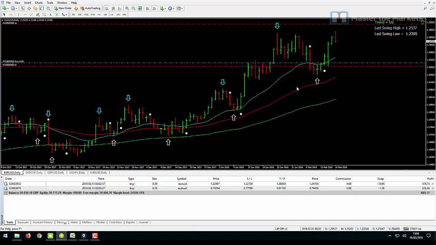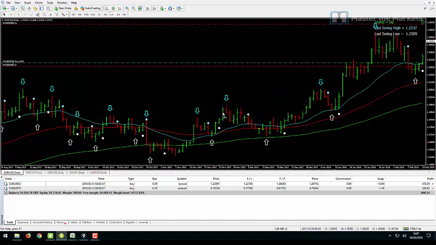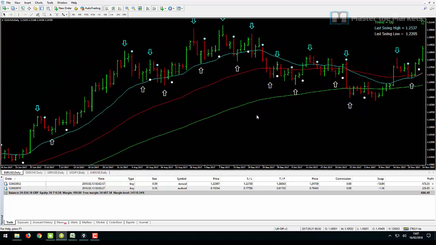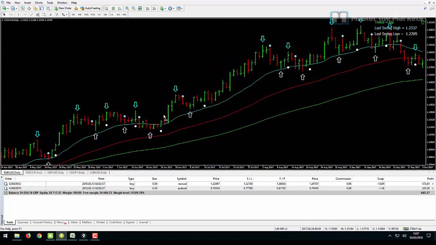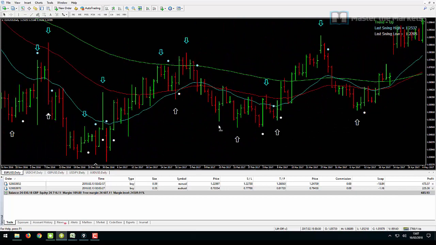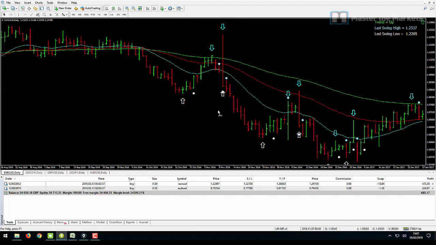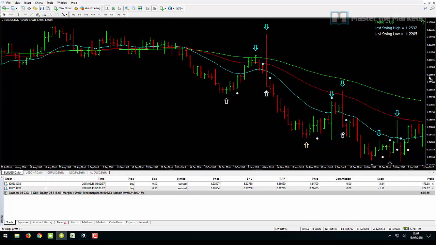That just brings me on to the topic for today, which is all around outsider bars. Outsider bars are a superb reversal signal in the market. They can be a reversal signal, but you do need to know what to look out for. It's not just any kind of outsider bar that you're looking for to build a reversal signal. Outsider bars have very specific features and properties to them.